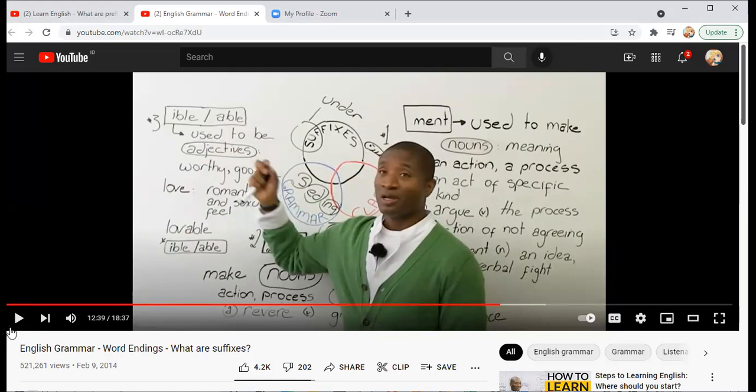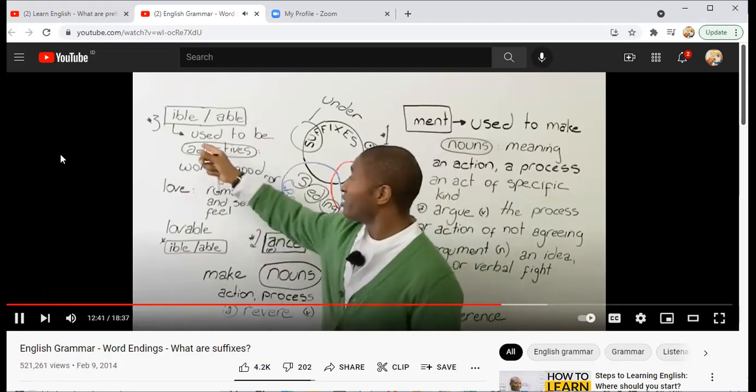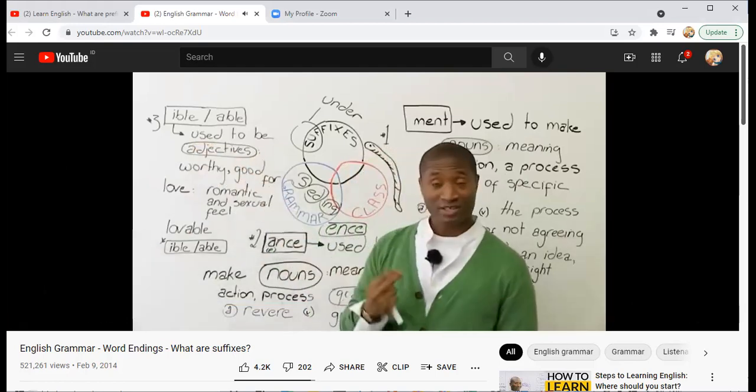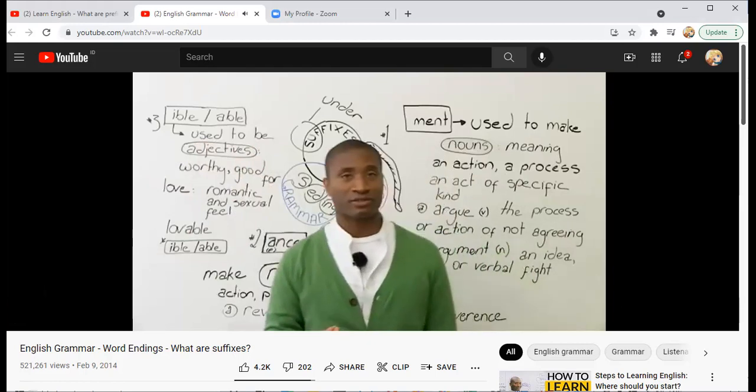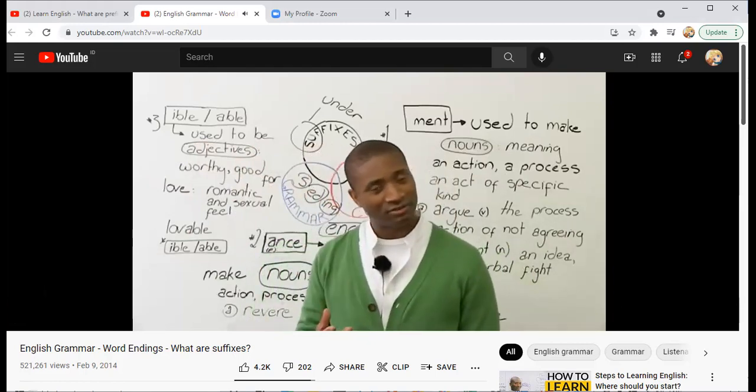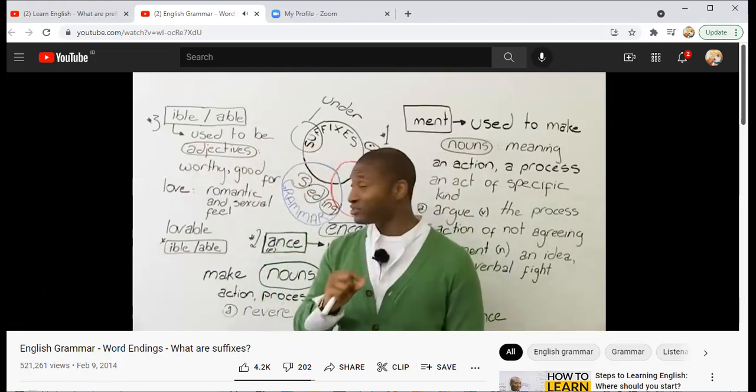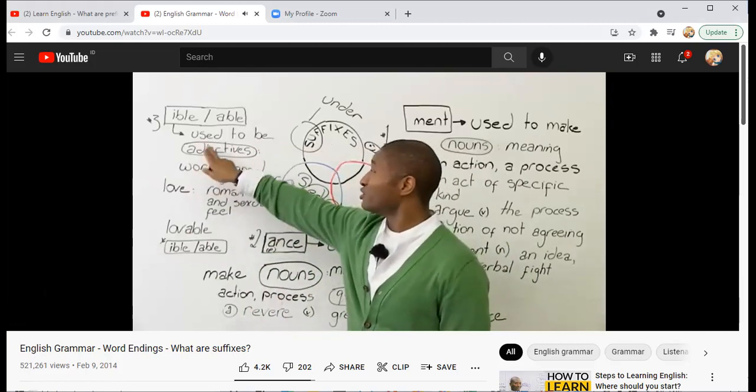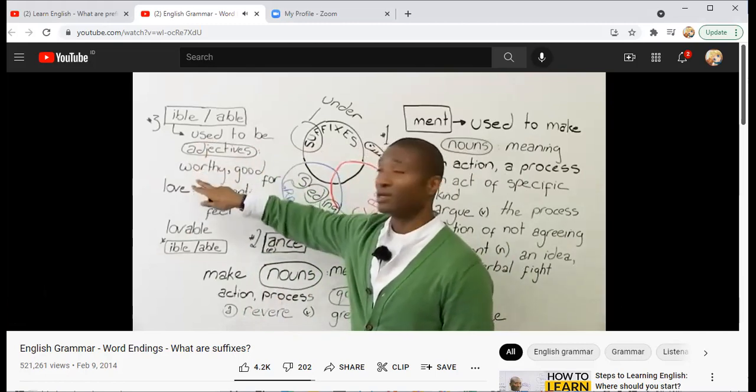Kata benda. Okay? But what they do is something different. When they're used at the end as a suffix, they create adjectives. They make a word an adjective. And in the specific case of what I want to talk about, it is how they change a word into making something worthy, which means